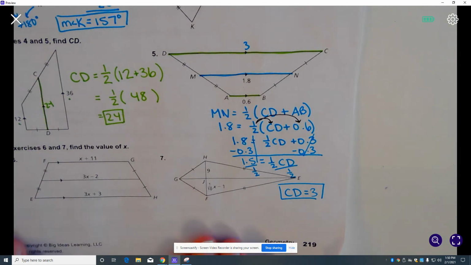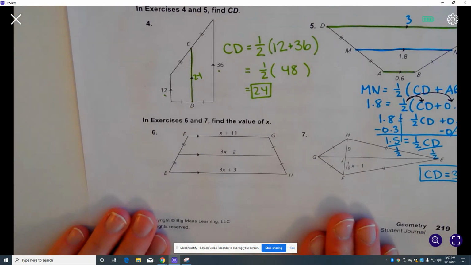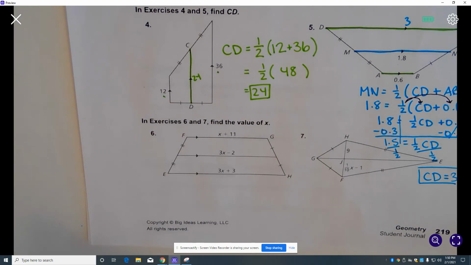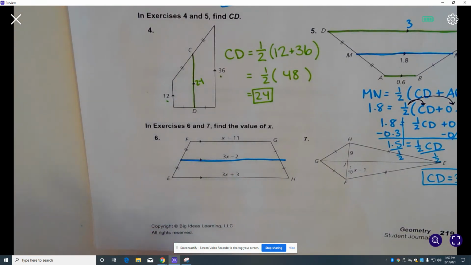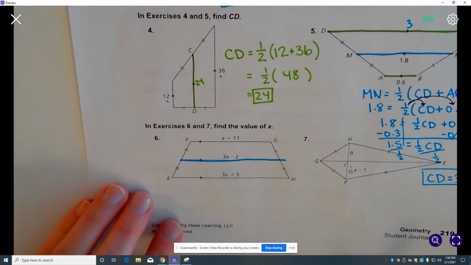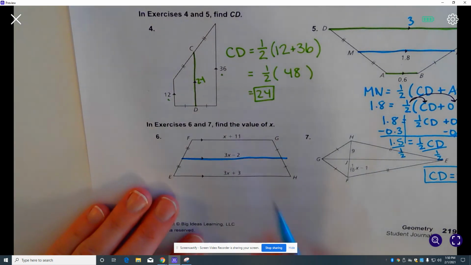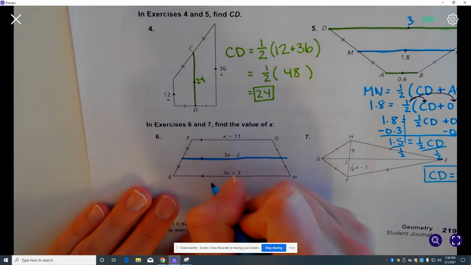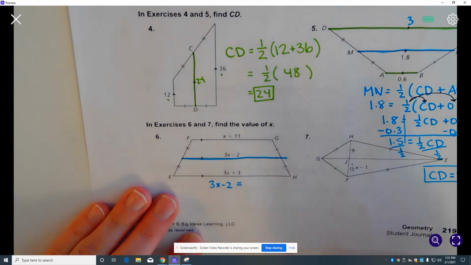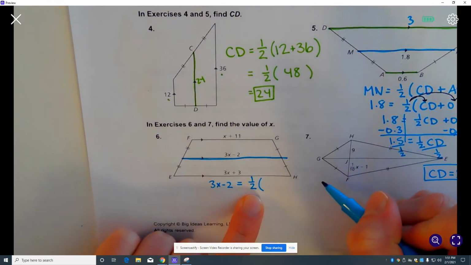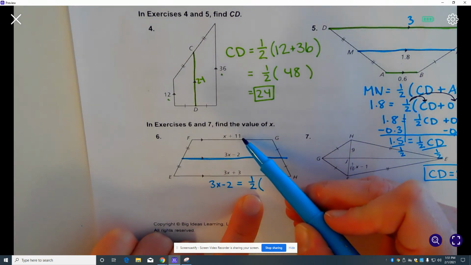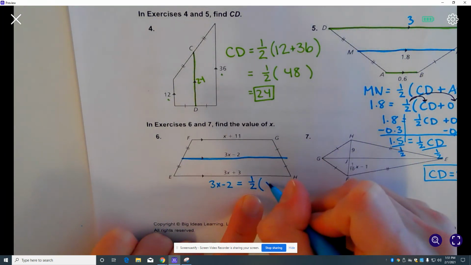And the very last one, number 6. We need to find the value of x. So we're going to be solving an equation. We know the mid-segment length and the length of the bases. So again, we're going to be setting up an equation using the mid-segment theorem. So my mid-segment is here. That length, 3x minus 2, must be equal to half the sum of the two bases. So it must be equal to 1/2 times the sum of the two bases, x plus 11 plus